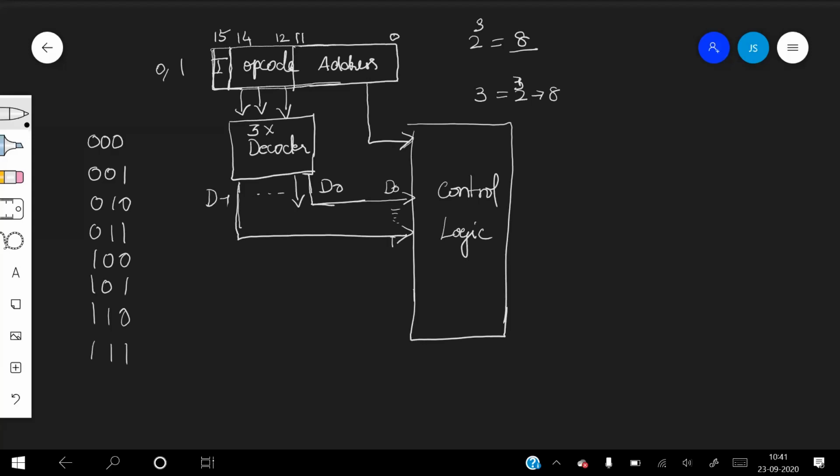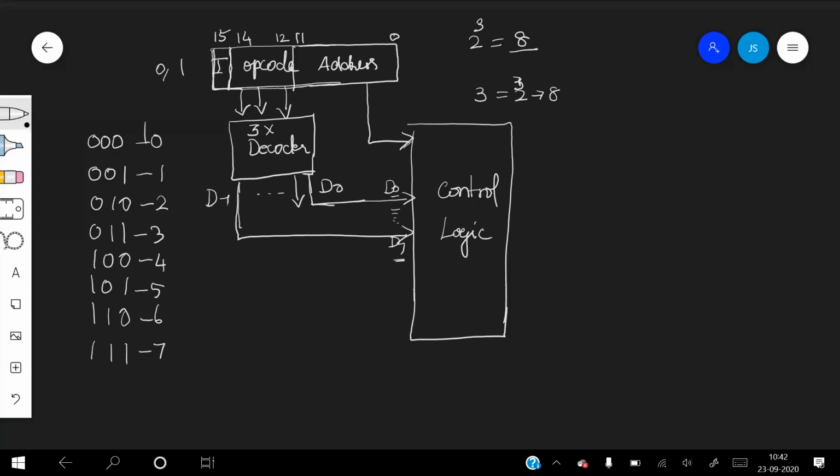D0 to D7 represent 8 different operations. The subscript, the decimal number 0 here, and for D1 the subscript is 1, and here it is 7, is equivalent to the binary value of the corresponding opcode. So here it is 0, this is 1, this represents 2, and this is 3, 4, 5, 6 and 7.